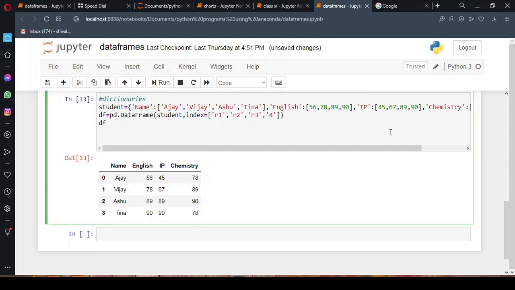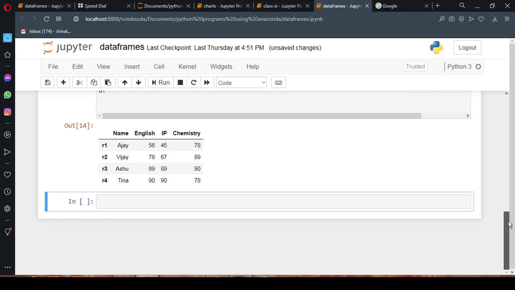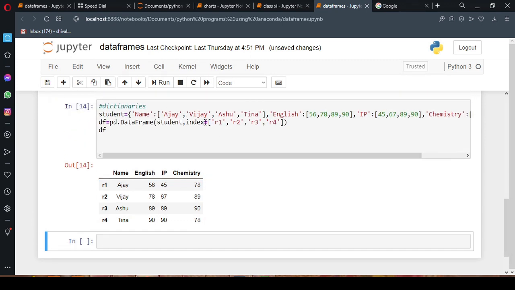So now I have included the row index also. Let me execute it, shift enter. As you can see, instead of 0 1 2 3, now you can see the row indexes, which are r1, r2, r3, r4. So just by giving the second argument, index equal to, you can give the row index also.